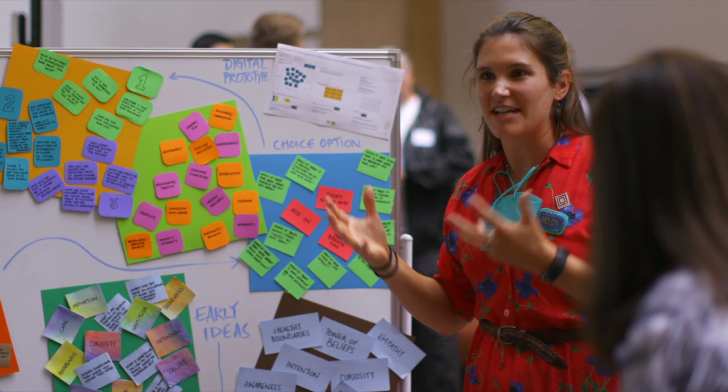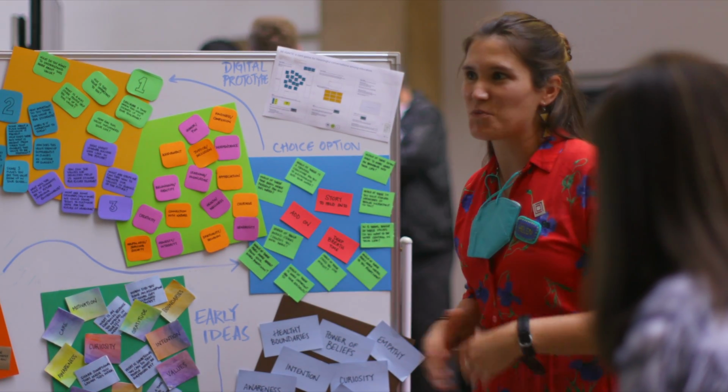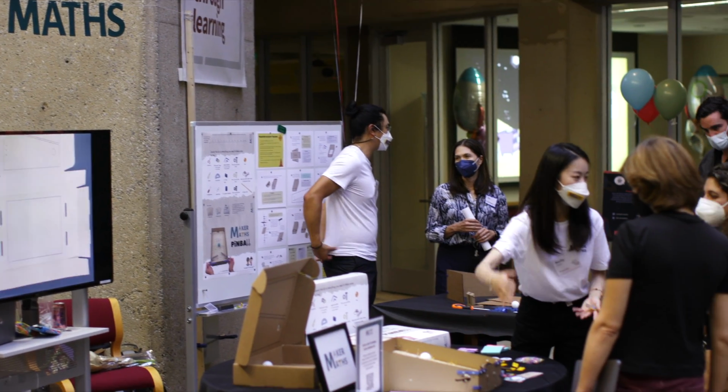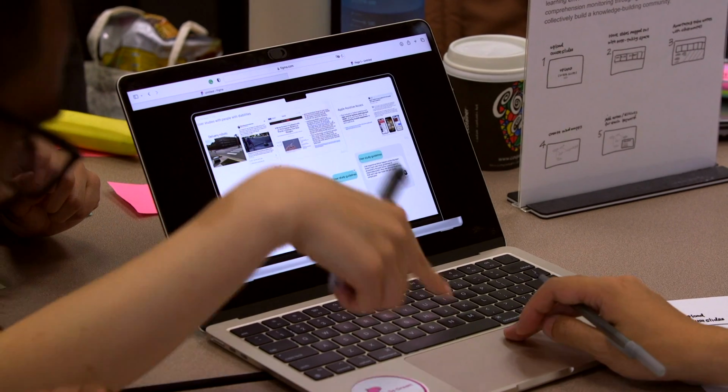LDT projects, the master's projects, take all sorts of different forms. Some people want to design for parents and children reading together. Others design for language learning or math apps or games that help people engage in civic discourse, or even tools that help teachers to teach better in whatever environment they're in.